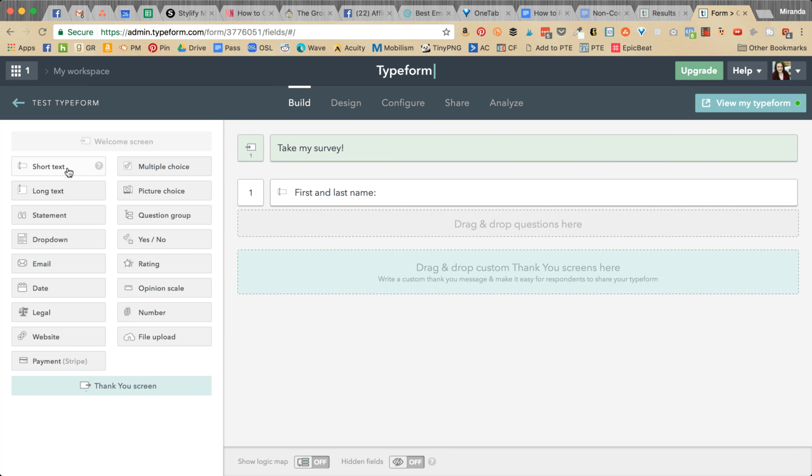So I'm just going to click save, and then typically I'll do first and last name, website, email address, depending on what type of form I'm building. And then you can do an opinion scale, like how was your experience? Was it awesome? Was it good? Was it okay? That kind of thing. And so there are all these different options here. Some of them are